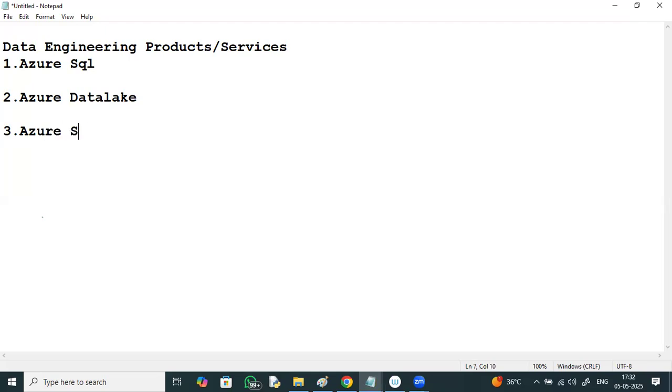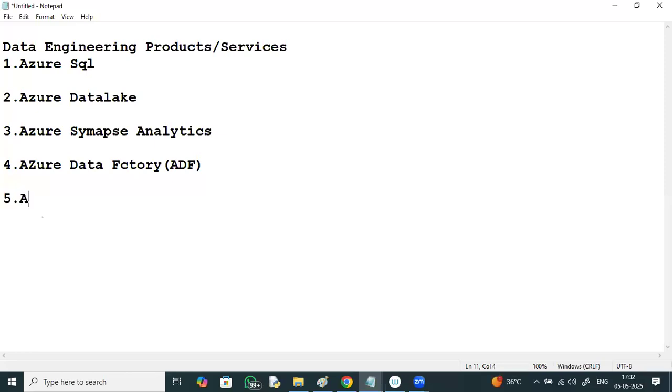Azure Synapse Analytics. For data warehouse operations, for big data operations, for batch processing, for parallel processing, this is preferred, right? And Azure Data Factory, what we say as ADF.